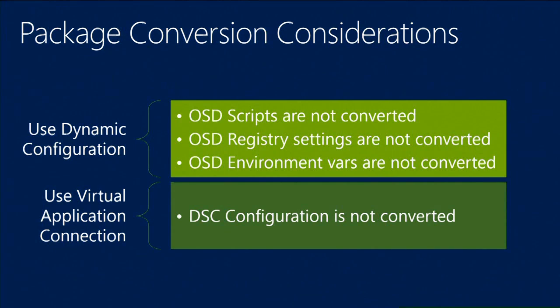So the converter always will emit a warning and error out rather than take a guess and produce a package that you may not have intended. If you've got registry overrides in the OSDs, those as well are not going to be converted, as well as environment variables. And dynamic suite